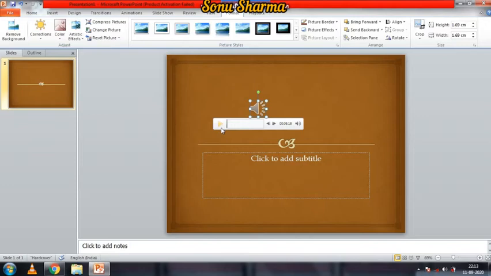So this is the play button where you can play and pause your audio or sound. This is the timeline. Okay, then the next button and previous button. Then this is the sound button. This is the time. This is the sound. Okay, you can mute it by clicking on it, or you can increase and reduce the sound like this. And this is the icon of the sound. So click on play. So now you can hear the music.